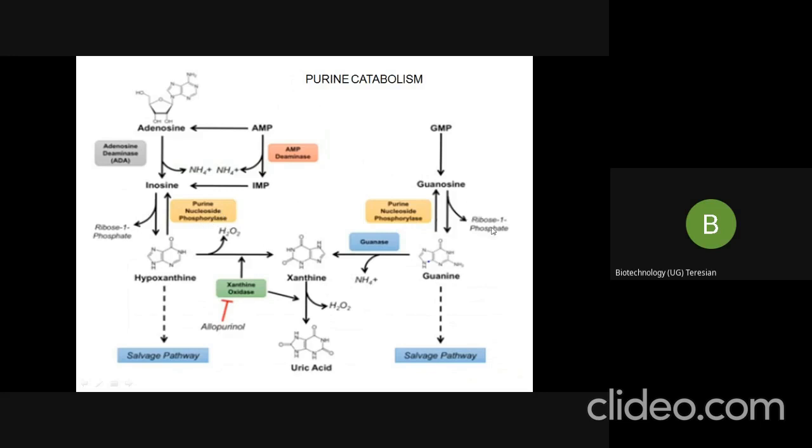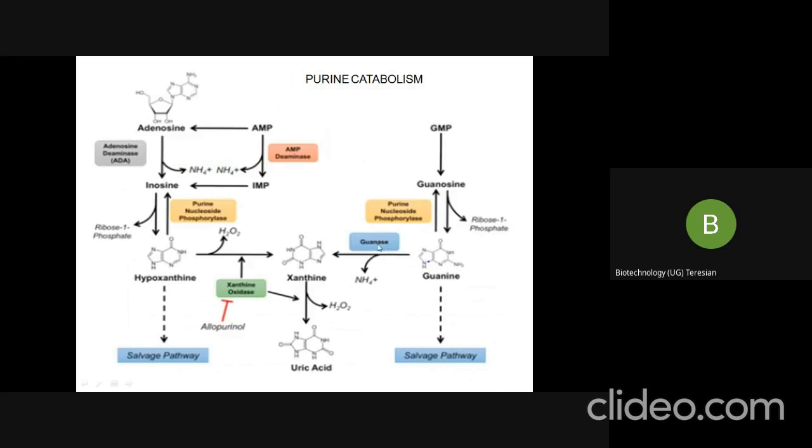With the removal of ribose 1-phosphate, it forms guanine. This guanine can enter into the salvage pathway. Otherwise, in the presence of the enzyme guanase,